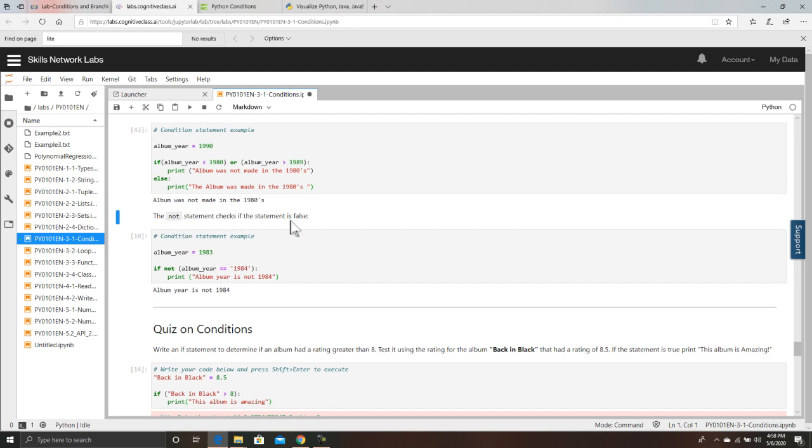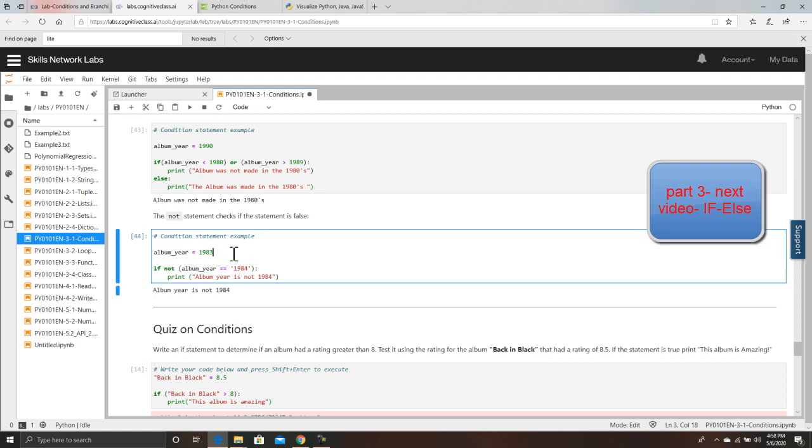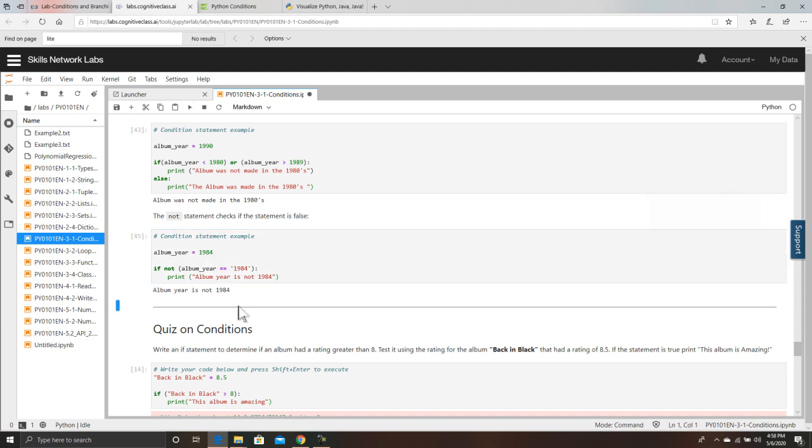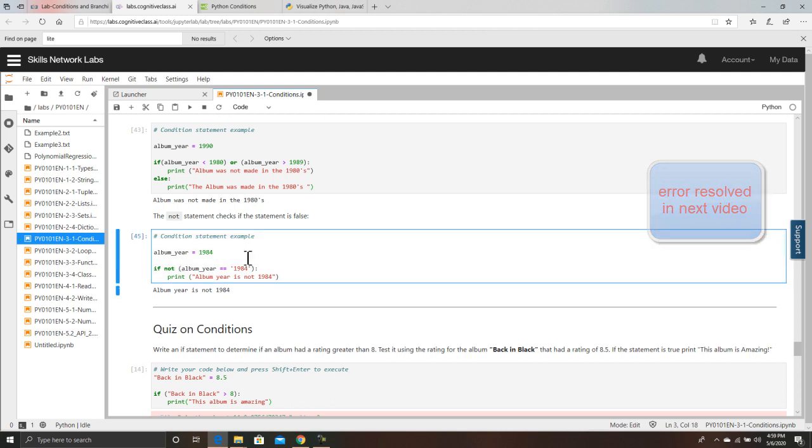The NOT statement checks if the statement is false. Album year, we have 1983. If not album year is 1984, it compares whether the album year is not equal to 1984, print album year is not 1984, and it is true, so it will print album year is not 1984. Okay, if not album year equals this, if album year is 1984, what will it do? It will do nothing. So I have album year 1984 and still